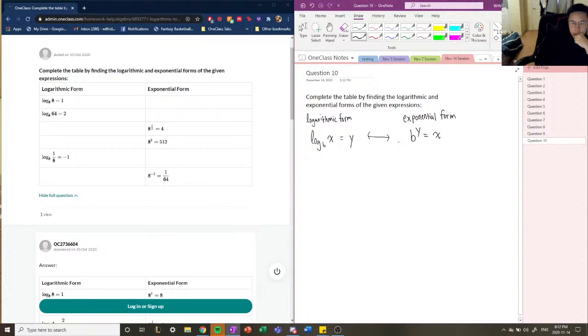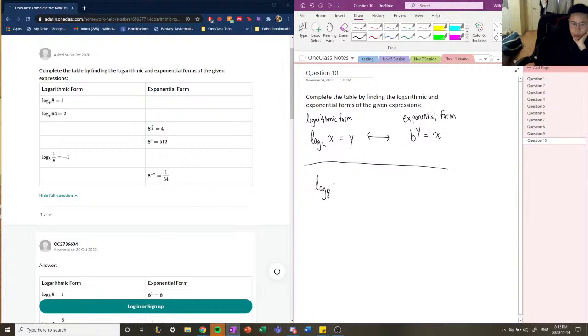So that's the relation between the logarithmic form and the exponential form. Okay? So in the exponential form, we're taking base b to the power of y to equal x. The logarithmic function is trying to find the exponent that will take base b to make it to equal x. Okay? So now let's look at our chart here. So our first logarithmic form is